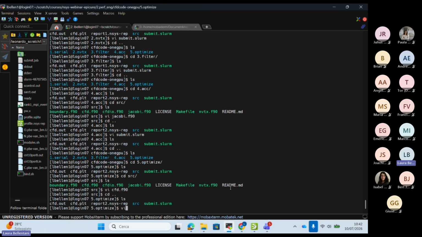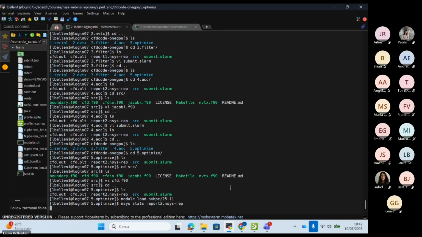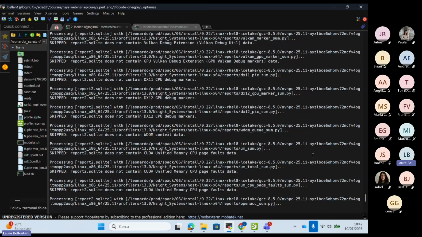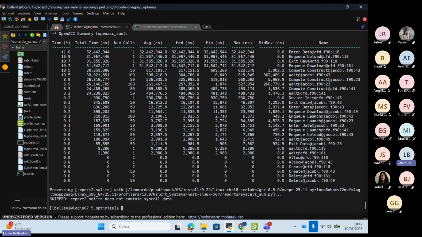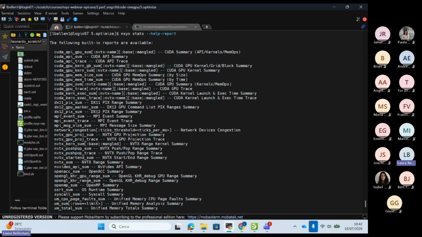command line. To do that, let me load the NVIDIA SDK compiler. You just need an nsys report. And this generates some reports here, for example, OpenHPC, a summary of all the OpenHPC events intercepted. If you want some non-default report, you can use help report. And for example, generate a report for NVTX, for CUDA, and other